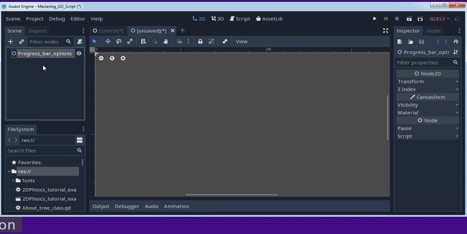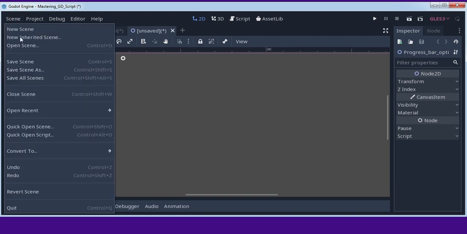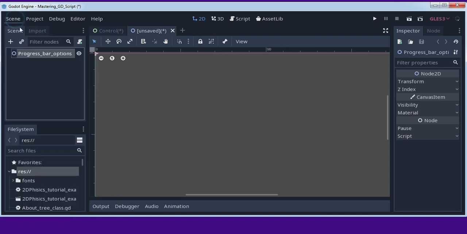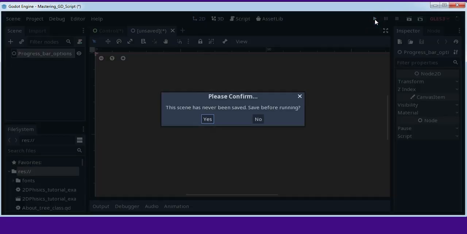And now if you want to save this scene, you just need to go to Scene and Save Scene. Another option is when you start a scene with this play button, you will get this dialog